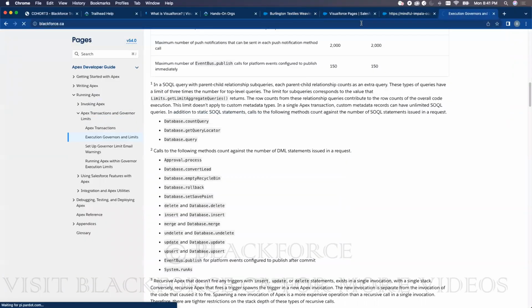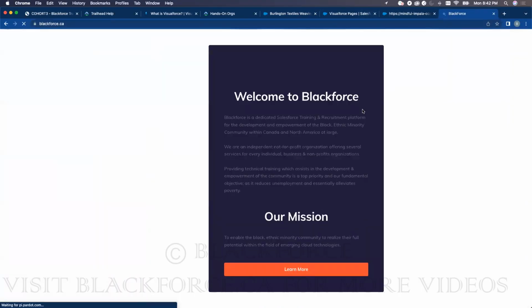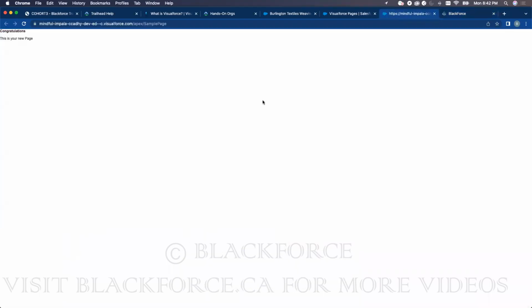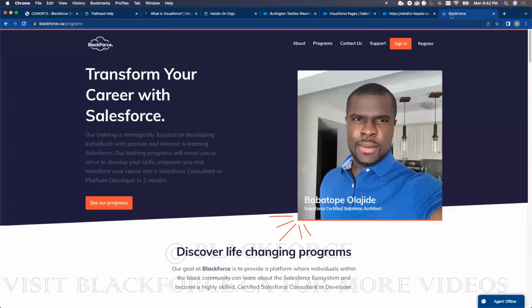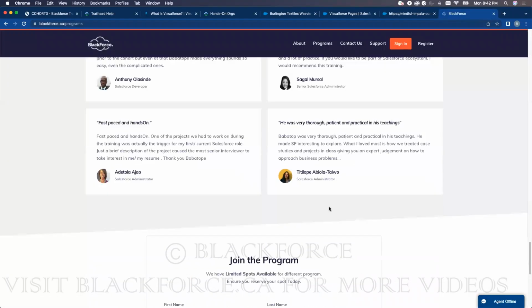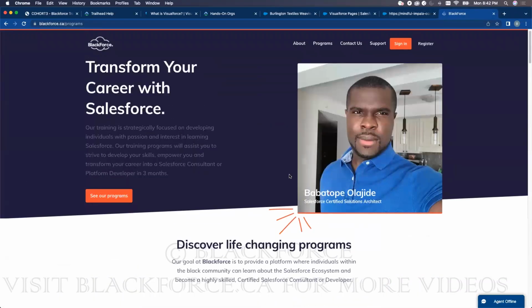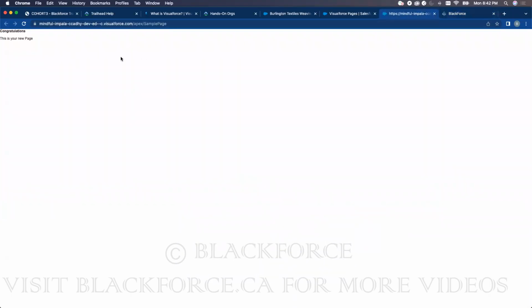So when I give you a project and I say, using a Visualforce page, create a landing page for Blackforce, you can create this using Salesforce. Everything you've learned in the last 8 weeks is HTML and CSS. But with your knowledge of HTML and CSS, you can start building a page for your company that is using Salesforce. Okay, so let's go back to